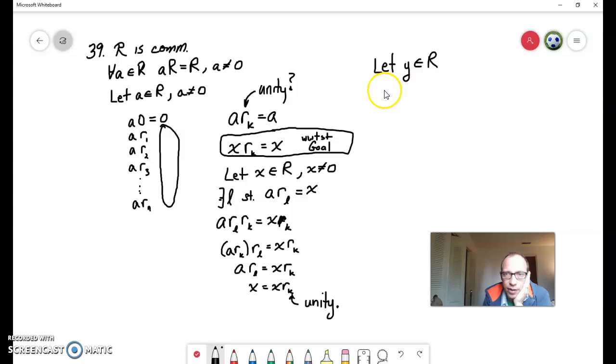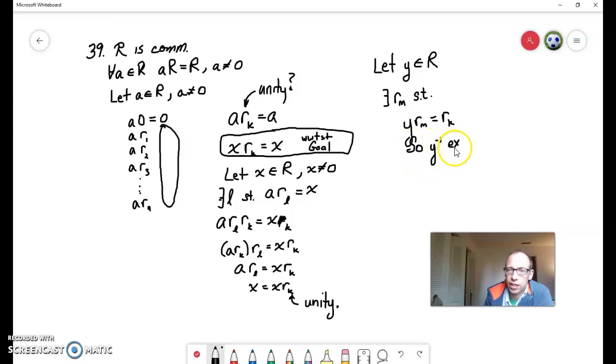So there will exist some rm such that y times rm equals rk. So in other words, rk is going to show up here on the right somewhere, and that is the unity. So since that's the unity, we'll have this as the inverse of y, and since y was arbitrary, y inverse exists,